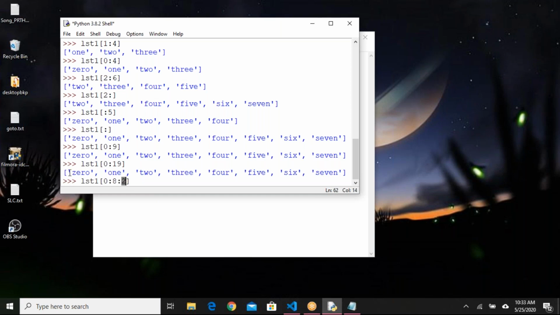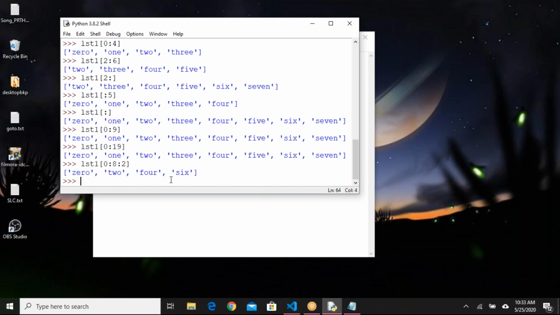So 0 will be considered, 1 will not be considered, it will jump to the next element. 2 will be considered, 3 will be ignored, 4 will be considered, 5 will be ignored, 6 will be considered, 7 will be ignored, and there is no item. So we will get the output 0, 2, 4, 6.